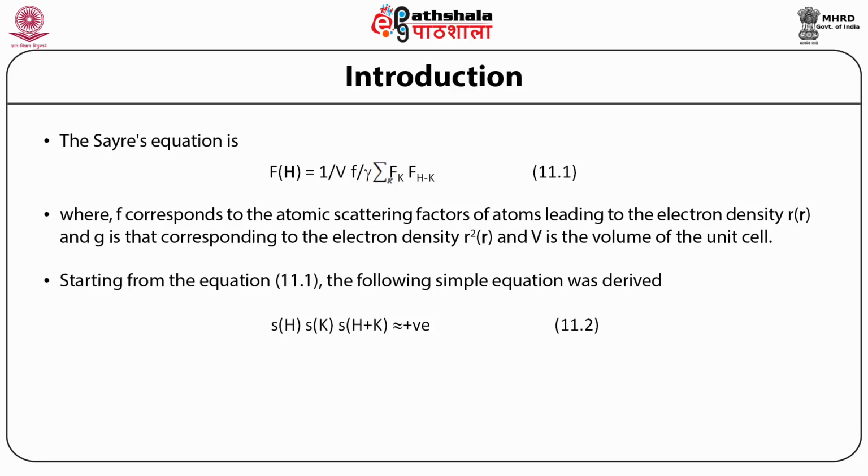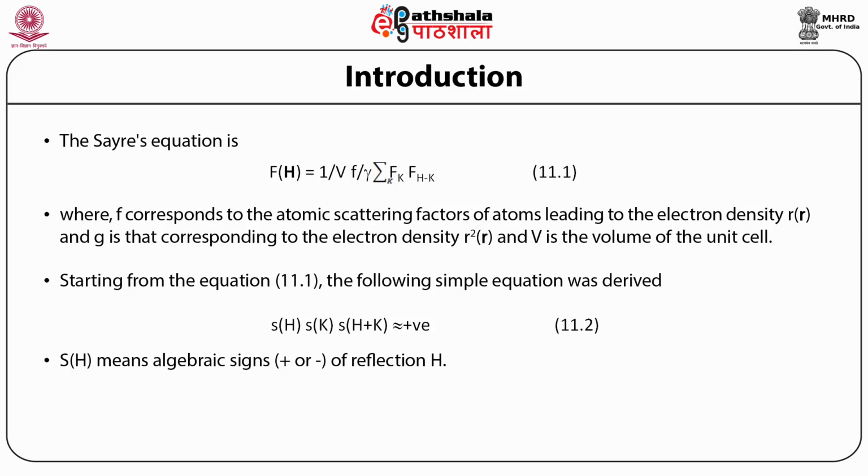When we talk about picking up the sign relations, we usually pick up those relations having a validity or a probability above 95%. Then only they are supposed to be valid. When I say S of H, it means the algebraic sign of reflection H. So here we consider mostly centrosymmetric cases where the reflection will have a sign plus or minus corresponding to the